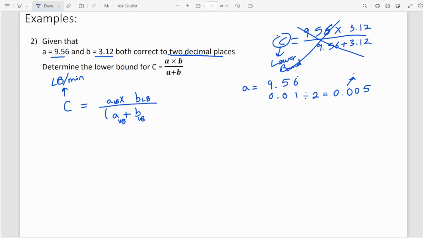This is my error. Now, A upper bound is the addition of 9.56 plus 0.005, which gives me 9.565, okay? And A lower bound is the subtraction of 9.56 minus 0.005, which gives me